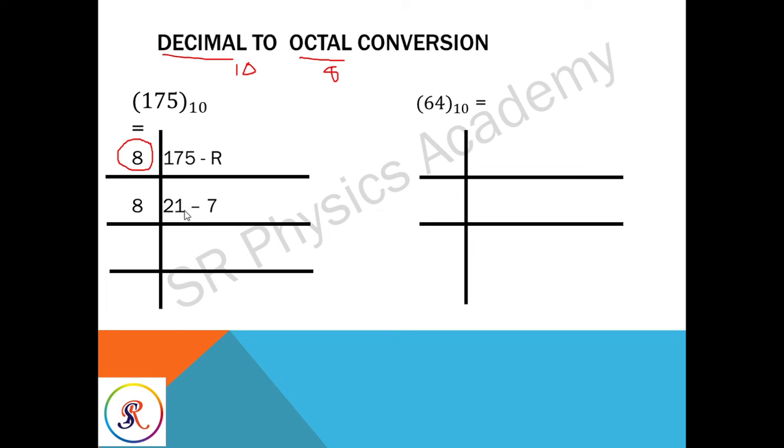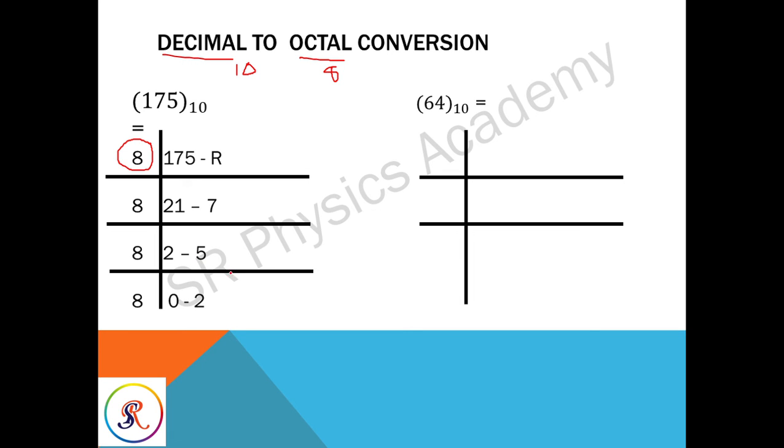So 21 into 8. In this case, 21 divided by 8, what is the remainder here? 7. Then again, 21 is divided by the factor of 8. We will get 8 2s are 16. Then again remainder 5. Then again 8, then it is 2. So same only. Okay. 2 5.